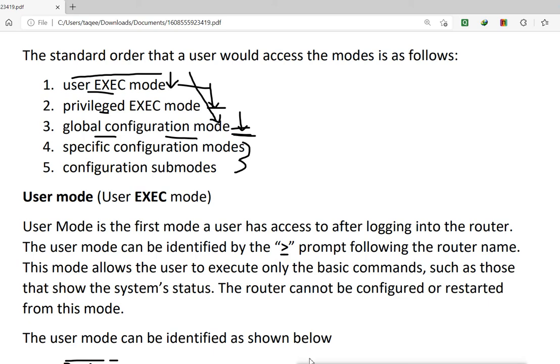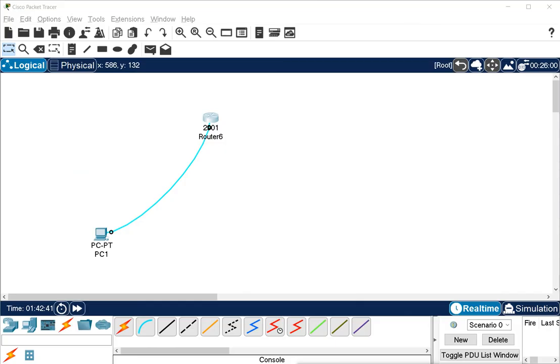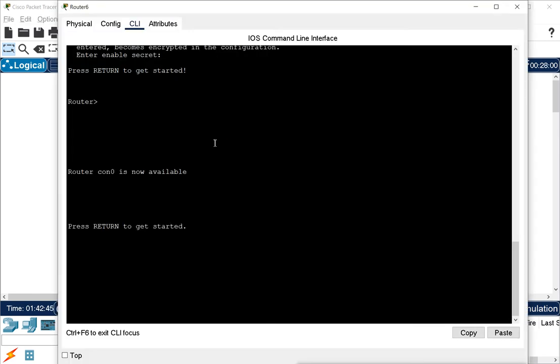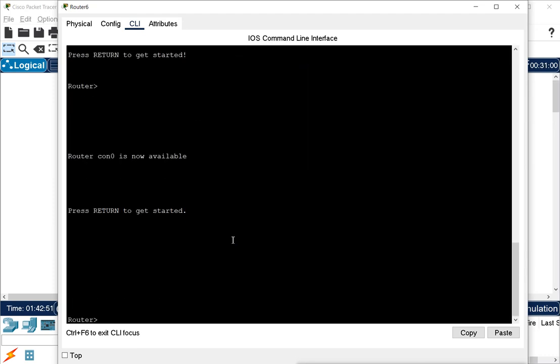So how will we do it on our router? This is our router. When you go to the command line of this router, it is timed out, so you first press Enter. When you press Enter, you will be in user mode. This is the user mode.